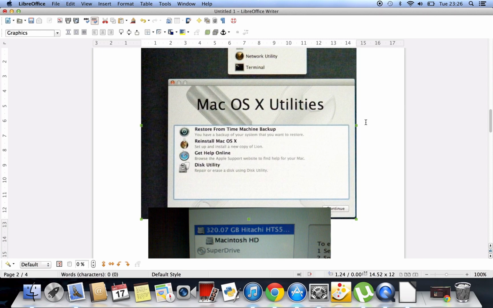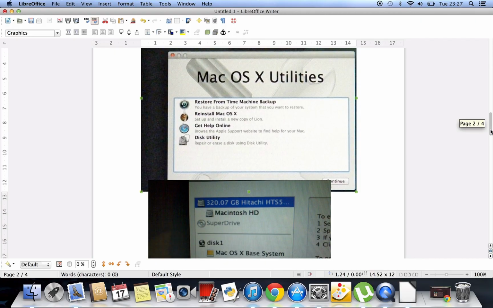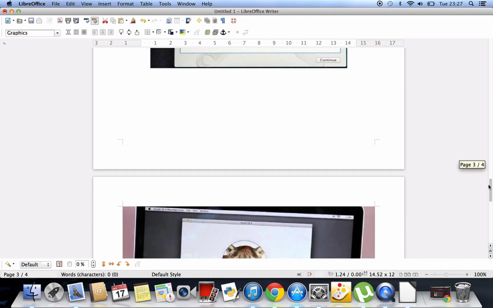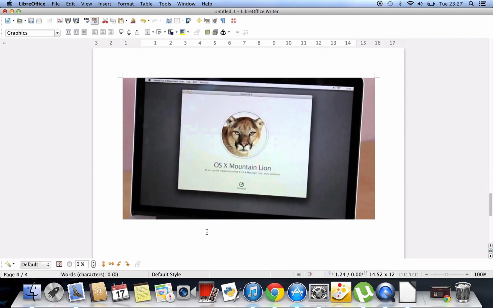OS X utilities. Now, instead of clicking the disk utility, you don't actually have to do this anymore, purely because you've already erased your disk. So there's actually nothing left on there. By reformatting it, it won't really serve any purpose, so don't bother doing that. Instead, you can skip all this now, and you can just click on reinstall Mac OS X. When you do this, you're going to come to the OS Mountain Lion